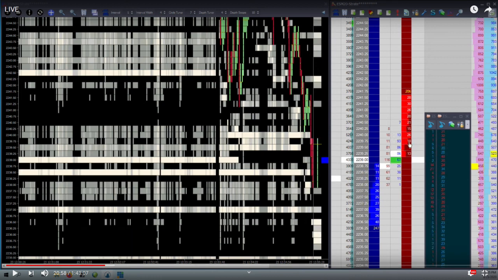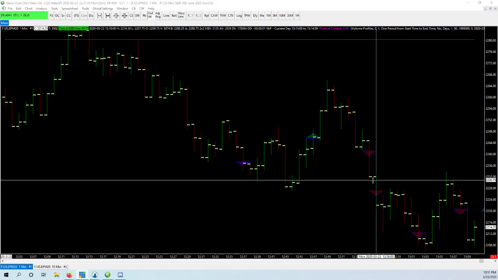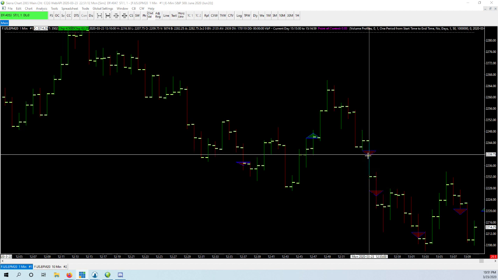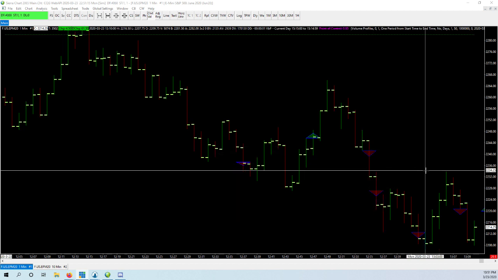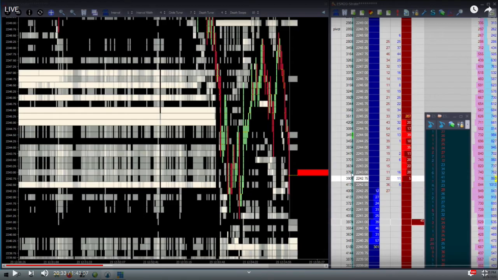Let me see here. Is it at 1256? Oh, it's actually this red arrow down here. These 2 trades are relatively close to each other. So let me go back because we can watch this one. See how it has a nice pivot here? And comes back up. I kind of like that.